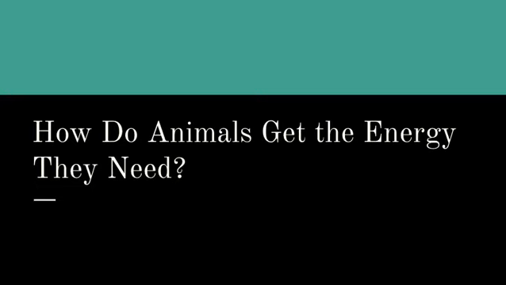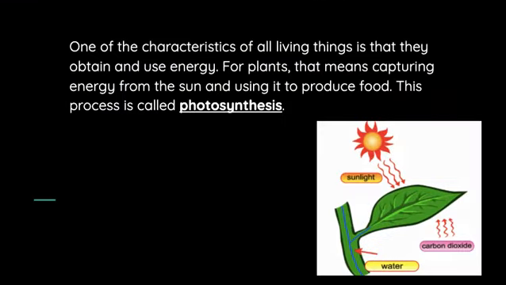And before we really get into what animals do to get the energy that they need, we really have to start with the plants on our planet. Because without the plants, the animals won't make it. So one of the characteristics of all living things is that they have to obtain, which means get, and use energy. So for plants, that means capturing energy from the sun's rays and then using that to help it produce